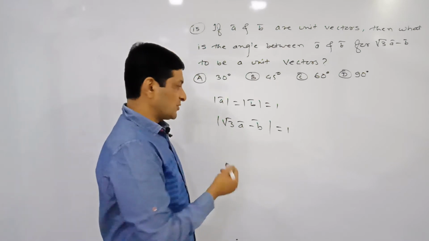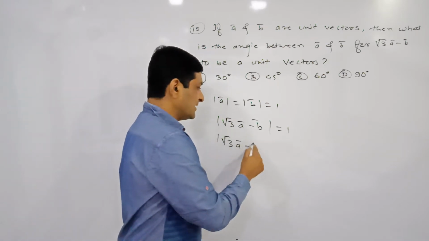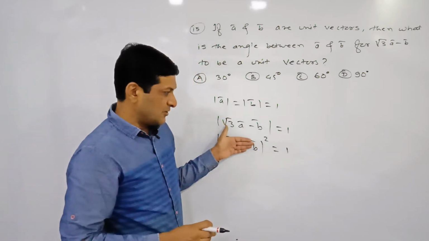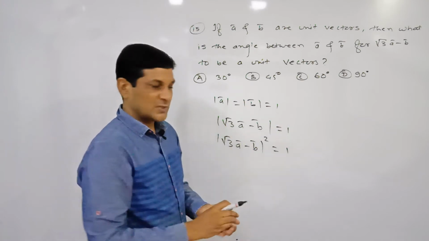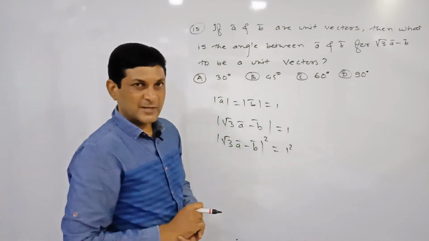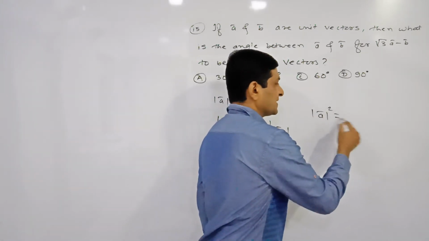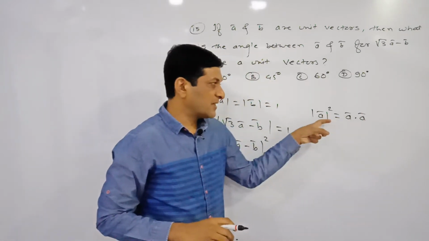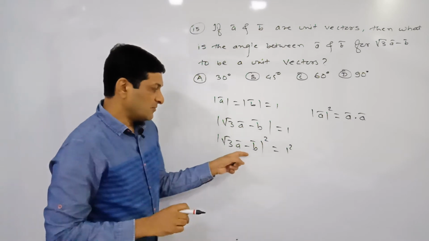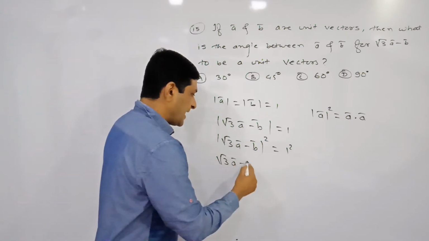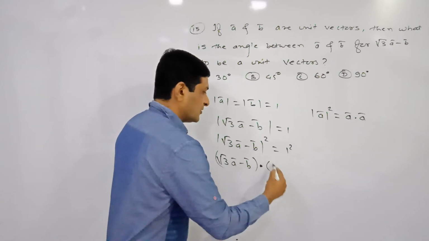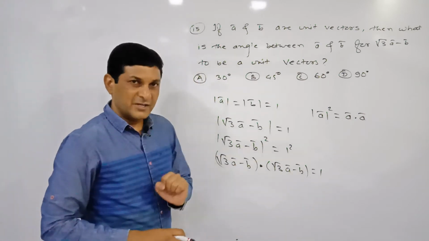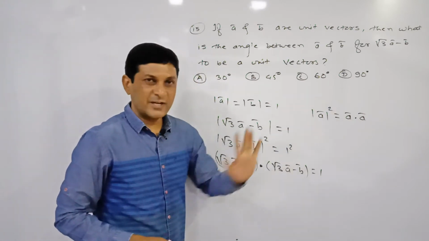Just simply we are squaring both sides. So the magnitude of root 3 A bar minus B bar, whole bracket square, equals 1, because this is a magnitude, which means this is a number. On this side, the square of 1 will be equal to 1. We know that the square of a magnitude is equal to the dot product of the same vector, or in other words, the dot product of the same vector is equal to the square of its magnitude. So here we will get root 3 A bar minus B bar dot root 3 A bar minus B bar, on this side 1, the square of magnitude meaning the dot product of the same vector, according to this result.